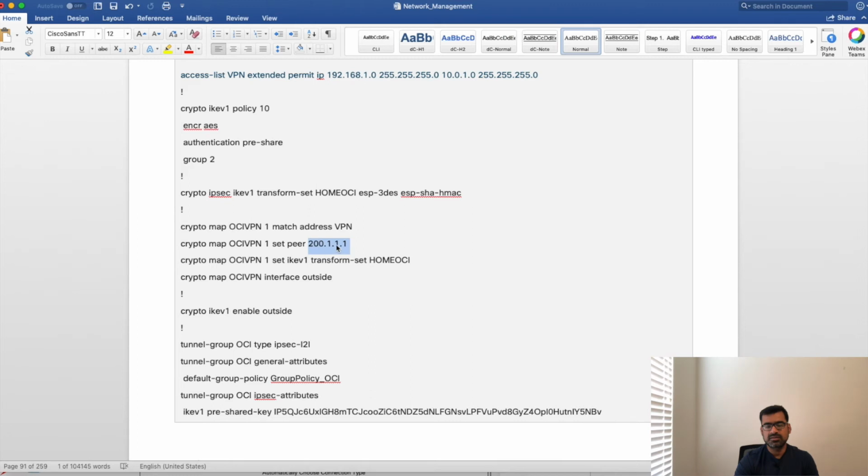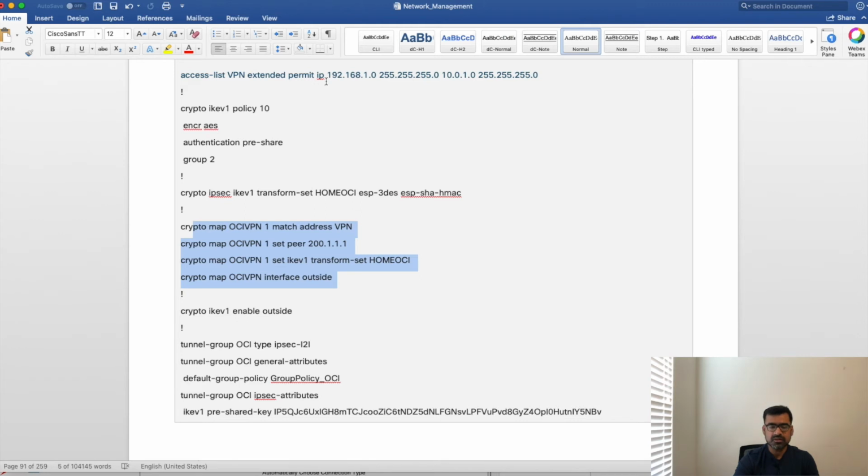Then you are saying set peer. So this is my remote endpoint where I want to terminate the tunnel, or with which I want to build the tunnel. So that is the IP address of the peer. Then I'm calling that this transform set should be used, the IKEV1 transform set and the name of the transform set. So these things will be bound in the crypto map, and then you are saying that the crypto map will be applied on interface outside. But even if you say it is applied on interface outside, in ASA you have to come and say crypto IKEV1 enable outside. Unless you say enable and the interface name, the crypto map doesn't come into effect,